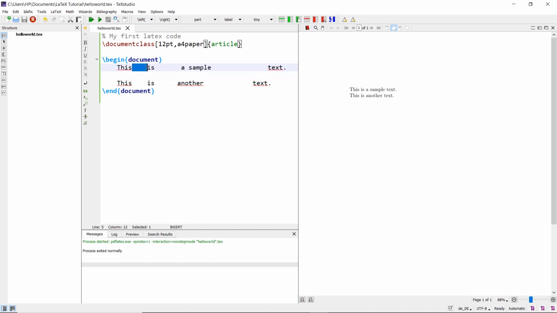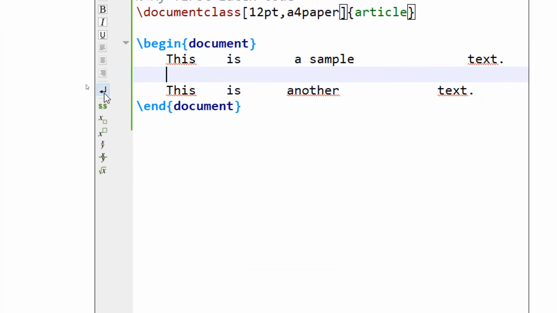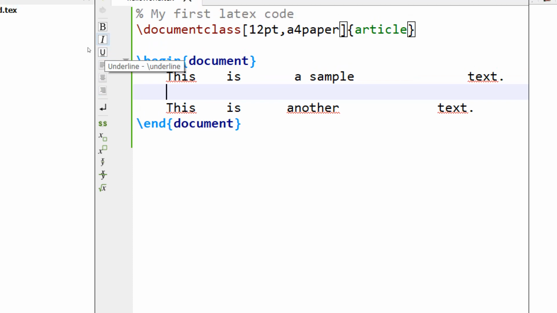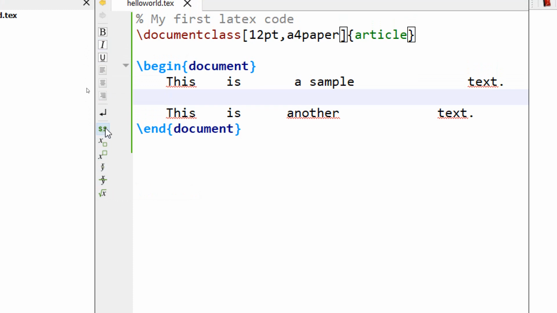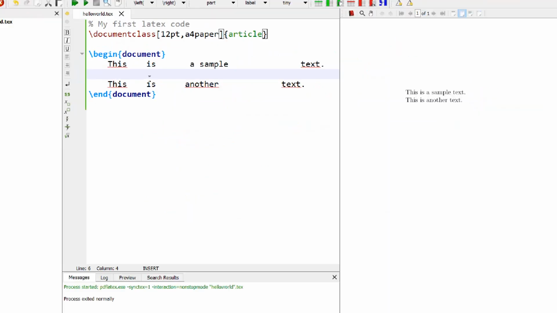It is very simple as that. It is not going to consider multiple spaces. All the multiple spaces and tabs are considered as a single space. And if you want to introduce a new line, just specify an empty enter. You can also see here there are other options which you can make use of. We'll come back to these icons in a further section.